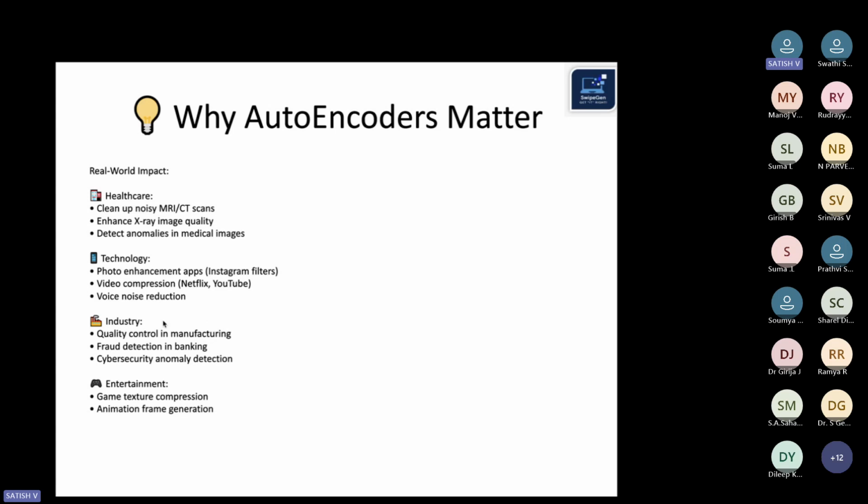So coming to the industry, quality control in manufacturing. Whenever they're manufacturing something, any products they're packing, if it gets disturbed or the package has been modified, or if it's not properly taped, all those things can be detected with this. Then fraud detection in banking. With proper patterns, this autoencoder neural network helps us to flag fraud, and also cyber security